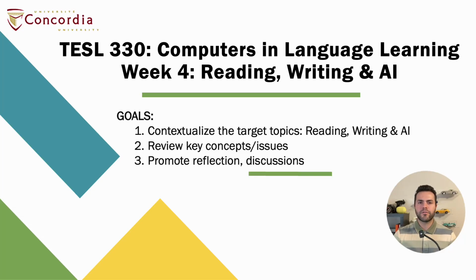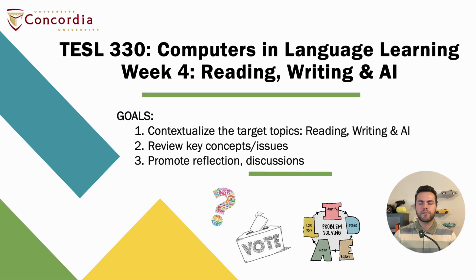This week we are learning 3 core areas: reading, writing, and AI. And here is what we are going to do today. First, we'll contextualize the target topics. Basically, we'll explore how reading, writing, and AI are interconnected in CALL contexts. Then we'll review some key concepts and issues from the readings, especially chapter 2 of Egbert and Shorrockney. And finally, we'll open up space for reflection and discussion so you can connect these ideas to your own teaching